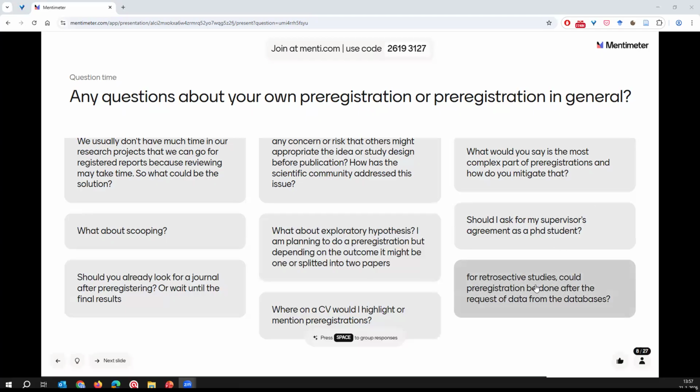And then a final question before we have to close the meeting is, for retrospective studies, could pre-registration be done after the request of data from the databases? This is a tricky question. Yes, it is possible, but it is not ideal. There's one thing you really should do when you do this. So this is basically also what a secondary data analysis is. What you really have to do here is